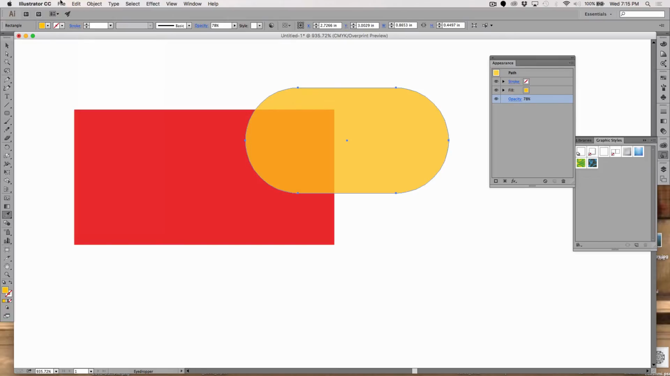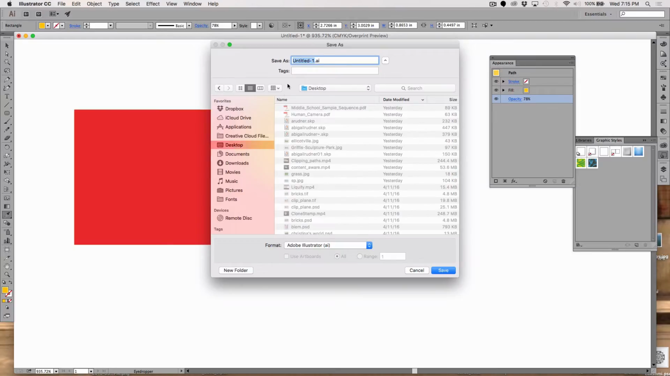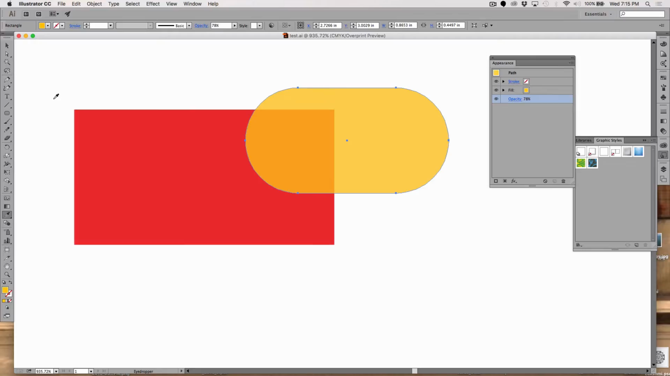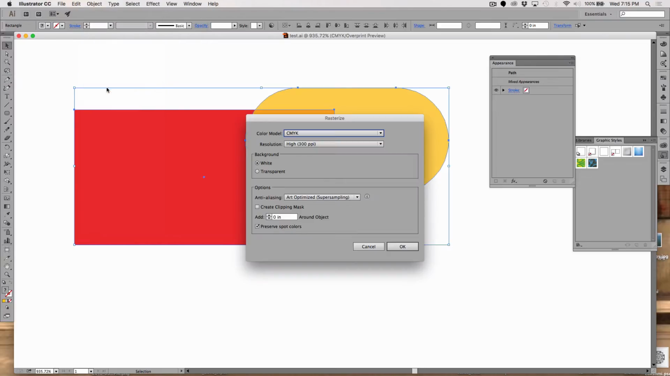Now, if I was to save this, which would be a smart thing to do, save as, and I'm just going to call this, and not in the settings folder, I'll just put it out on my desktop. I'll call this one test. Okay. Now it's safe and sound, and if I select all, Command A, and I go to Object and I choose Rasterize, it's actually going to let me see, without taking it into Photoshop, what this would look like when, or